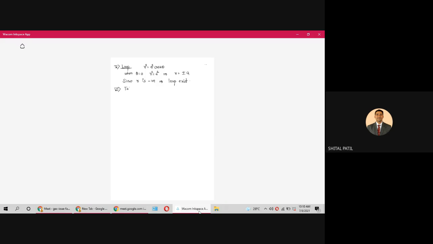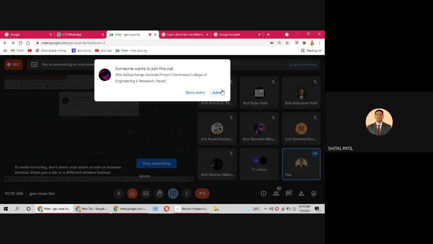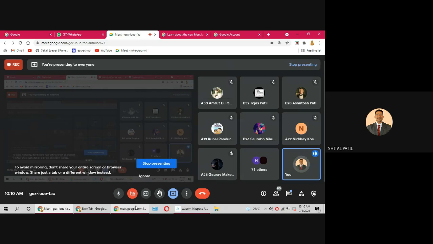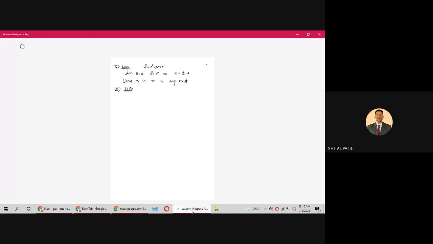Now let me consider the next point. Table. Now be careful. Before some time, when we started the Cartesian coordinate system, there we wrote that whenever we want to consider a table, then what we have to do? Hope you remember. We have to consider symmetry as well as we have to consider existence. Considering that, we have to consider specific values for the table. So see, we have like this: x-axis, y-axis.